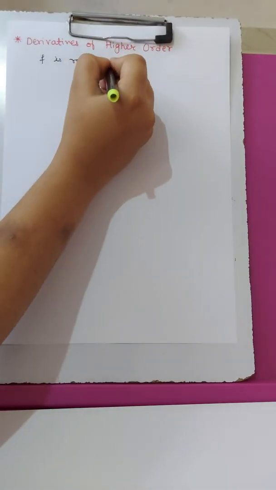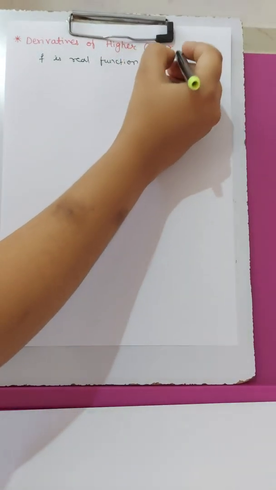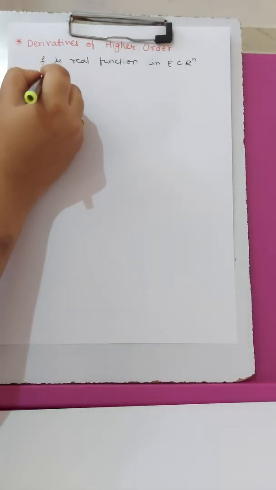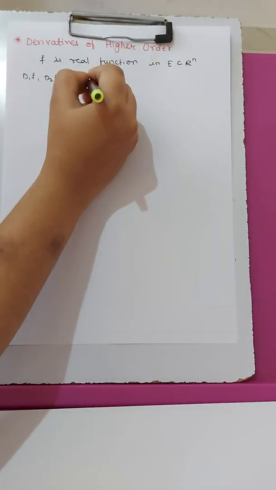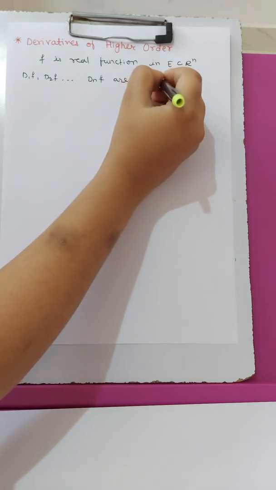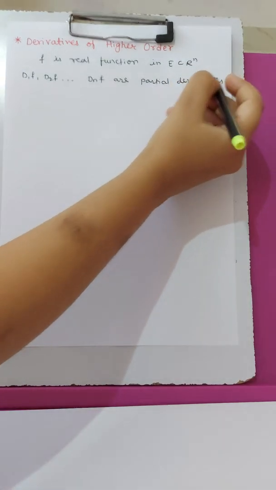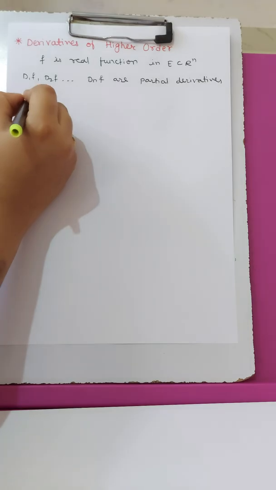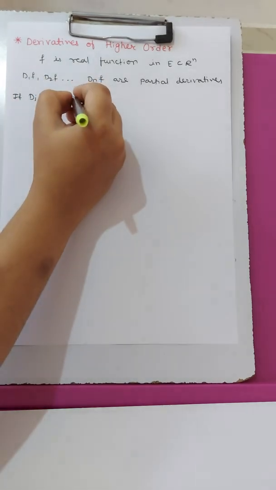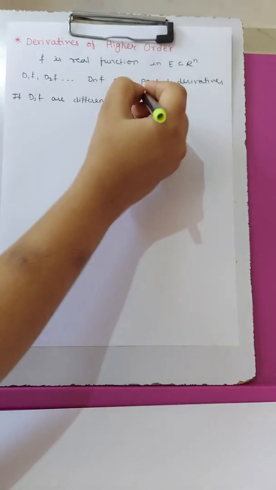a real function in the open set E, which is a subset of Rn, and D1 f, D2 f up to Dn f are partial derivatives of f. Then if all these Dj f are differentiable themselves,